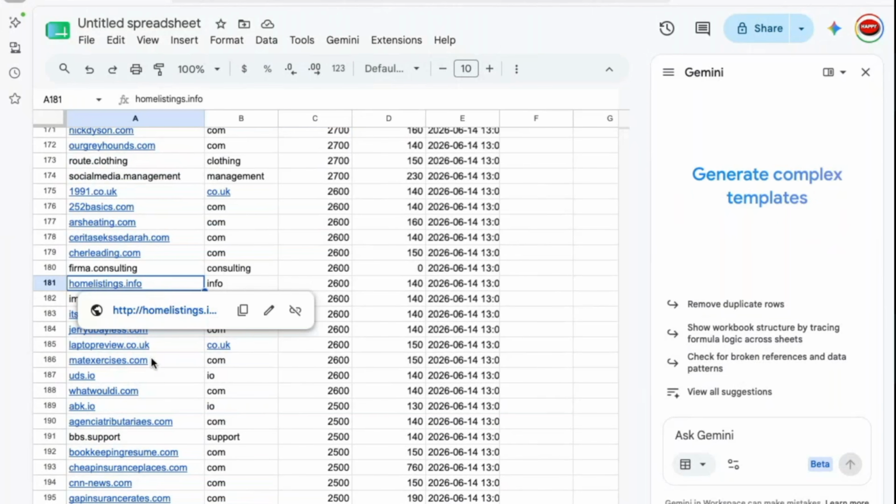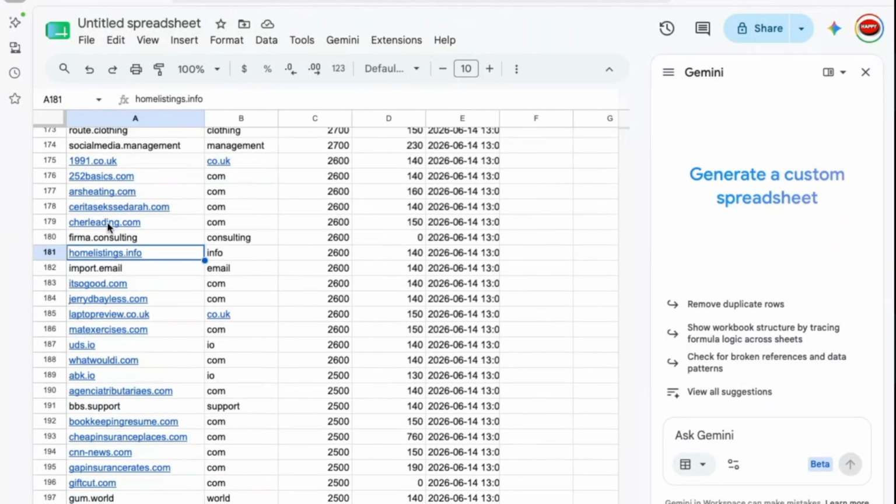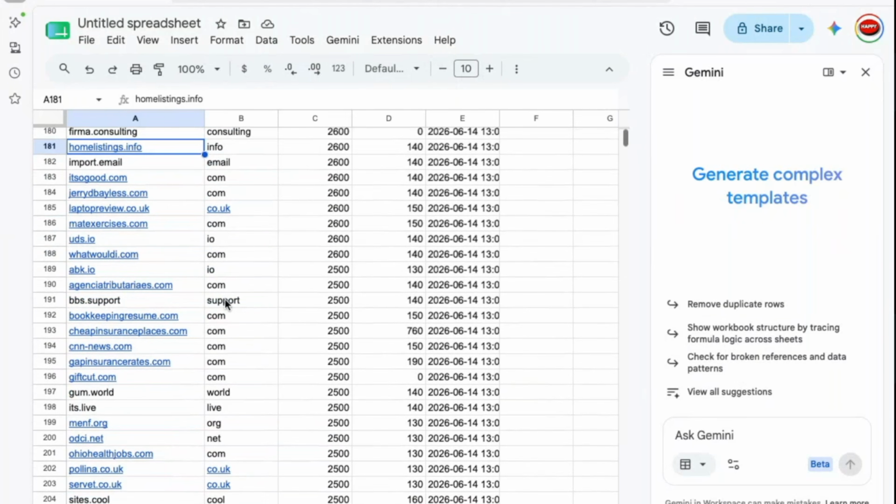Homelistings.info. Okay, good, right? Look, cheerleading misspelled.com. Okay. So you're going to find a lot if you sort it that way. All right. So next, let's talk about